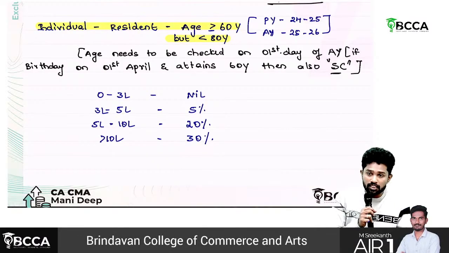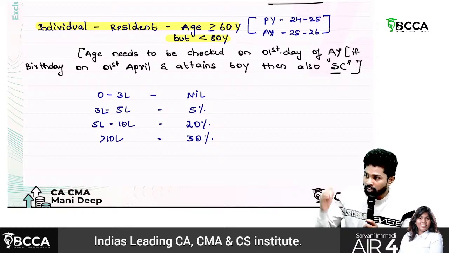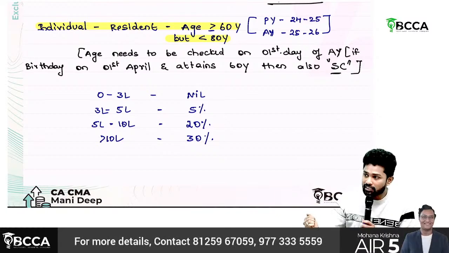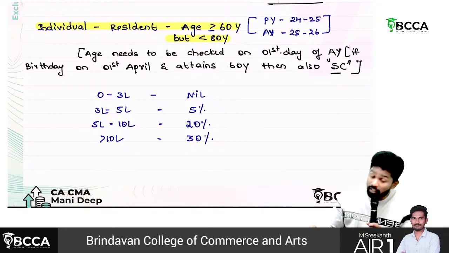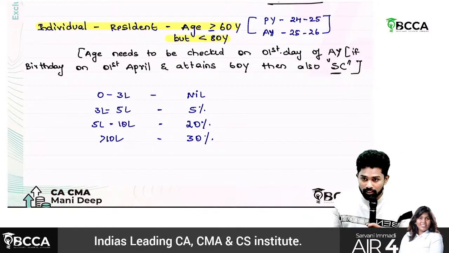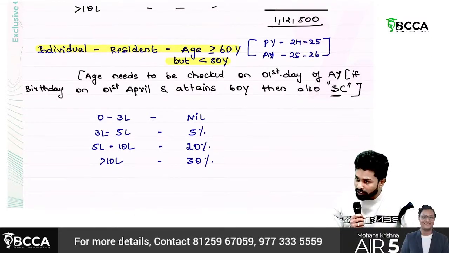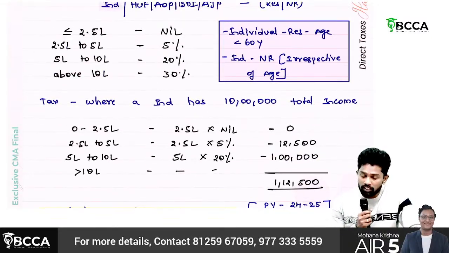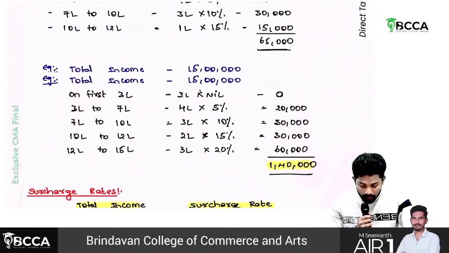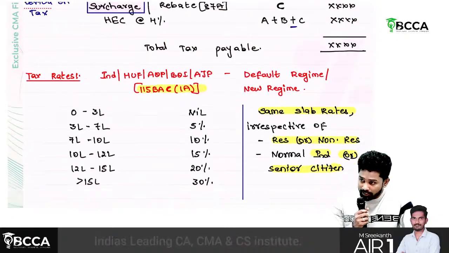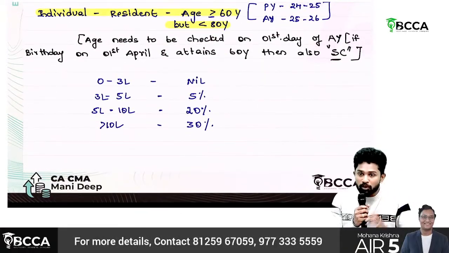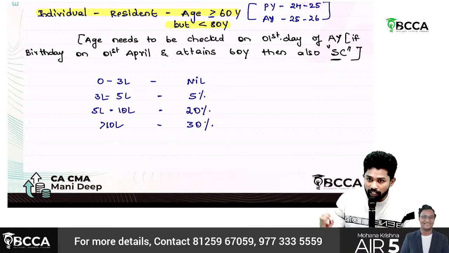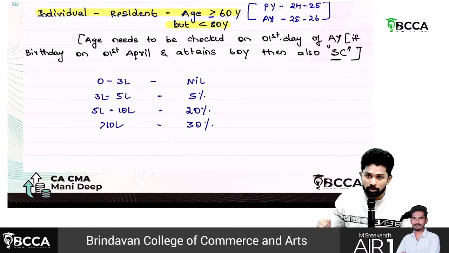See, for senior citizens, the basic exemption limit. So first 2.5 lakhs, first 3 lakhs, which we are exempting here, that we call it as what? Basic exemption limit. In other words, we can call it as maximum amount not chargeable to tax. Here, the first 3 lakhs we are not taxing. Here, first 2.5 lakhs we are not taxing. Whereas under default regime, we are not taxing again the first 3 lakhs. That is called as basic exemption limit. The other word for it is maximum amount not chargeable to tax.